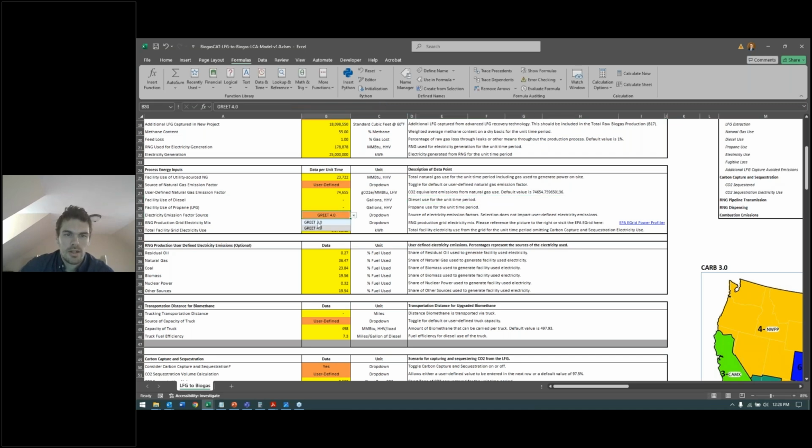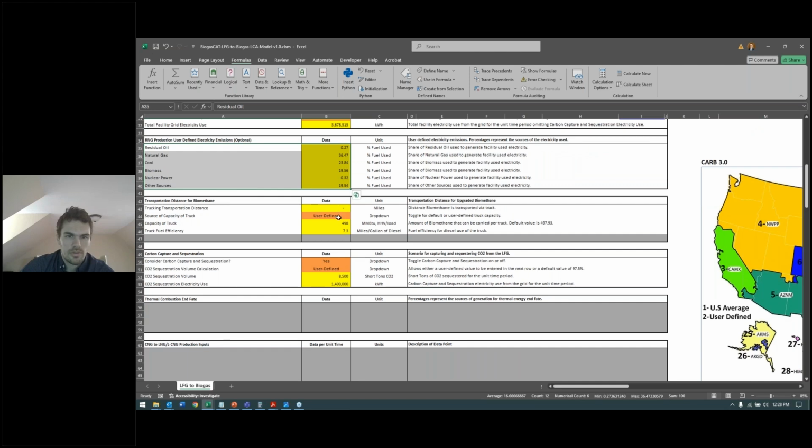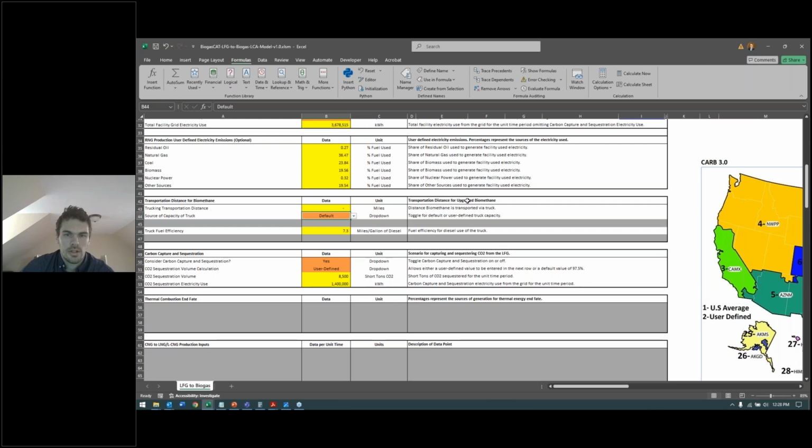For electricity, we provided 3.0 and 4.0 references. We felt that this was one of the biggest changes in the 3.0 to 4.0 model, and so we've added that in. We've also added in a user-defined mix to allow users to define a percentage of electricity sourced from each of these to generate their own emission factor. We have a transportation option of using a user-defined or default value for the source of the trucking to the injection point